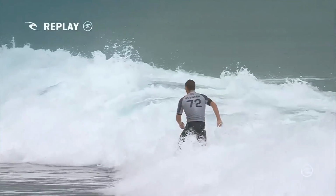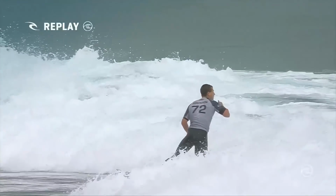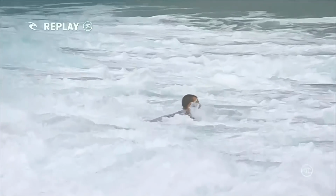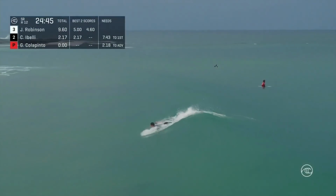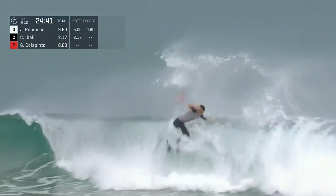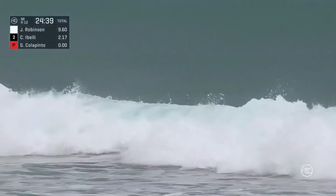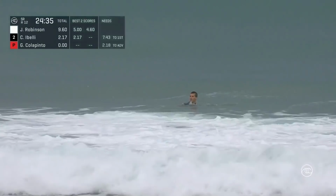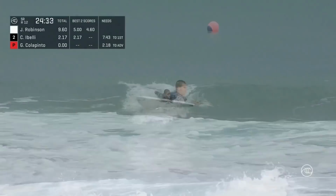And I was checking out some of the boards. It's amazing. In my day, we didn't really go too much past that sort of three-quarter weight, just because it's so tricky and has so many different moods. Well, he's up again, loading up, and takes the air once more. Just comes down in that high impact section of the wave, the trough, and can't ride out. But with 24.5 minutes to go,